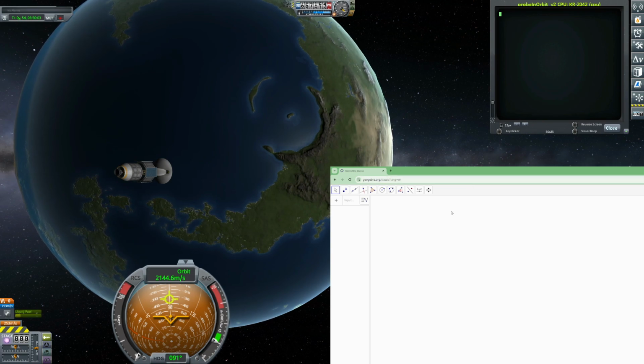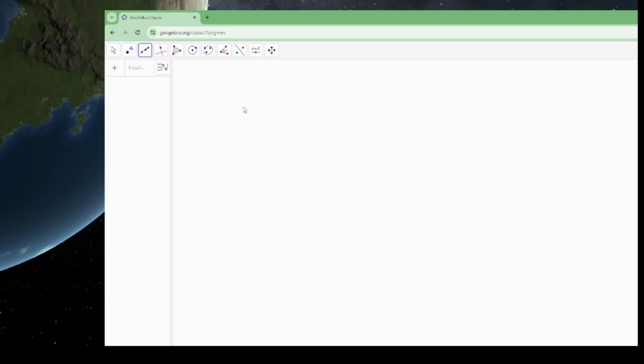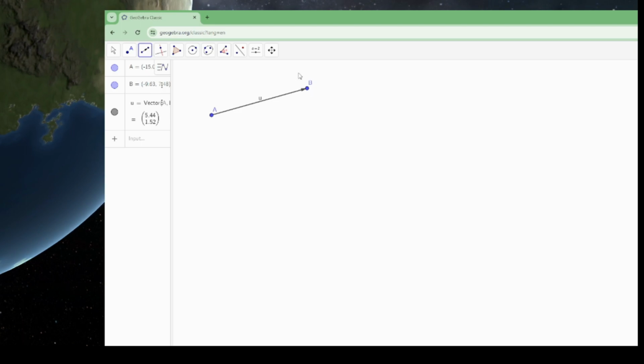First, basically you can define a vector with 2 points. So here I can draw a vector from the point A to the point B. The difference between a vector and a segment line is that a vector is going from A, the origin is A, to B, the head is B. So there is an arrowhead here, okay? Meaning that the vector U is going from A to B,